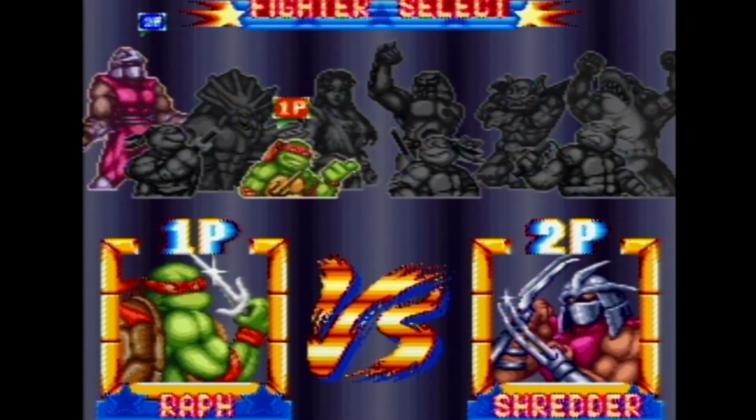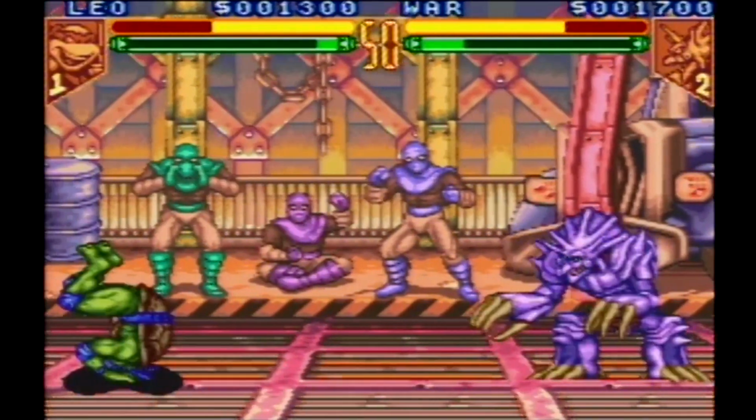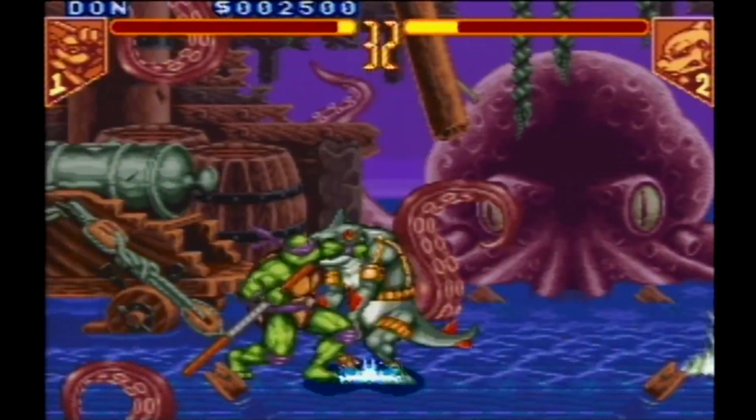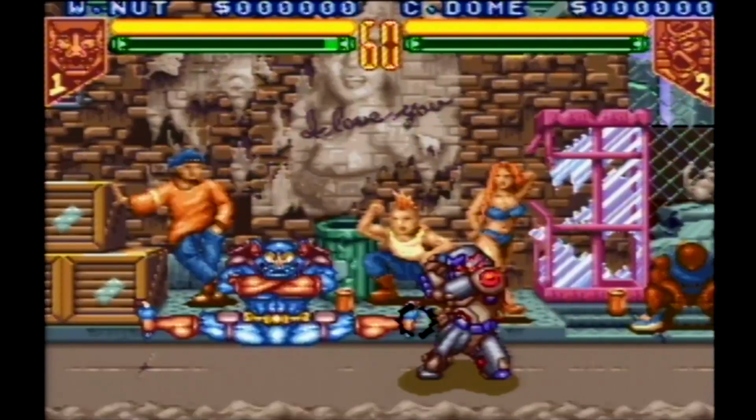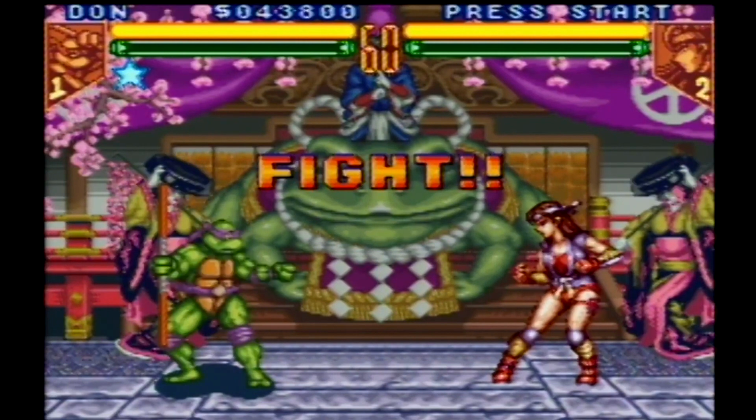However, the Super Nintendo version gives you the most amount of playable characters. There's the Alien War from the Ninja Turtles Adventures comics, a shark named Armagon from the Archie Turtles comics series, Wingnut and Chrome Dome from a couple episodes of the 80s cartoon, and Asuka, who was originally going to be